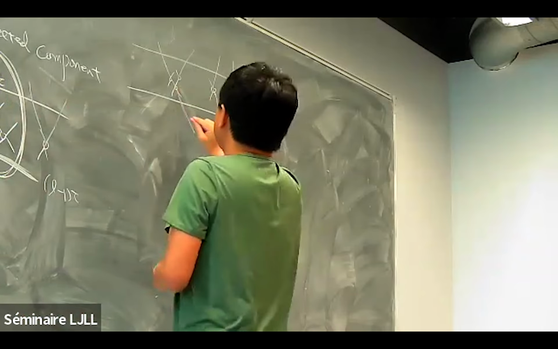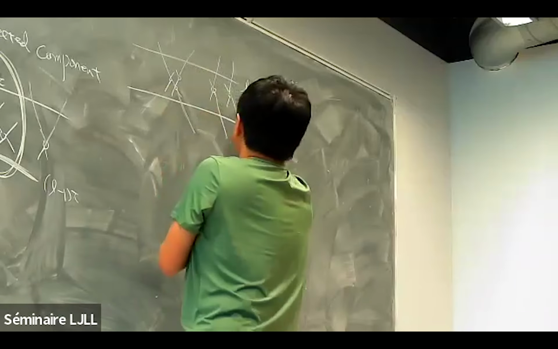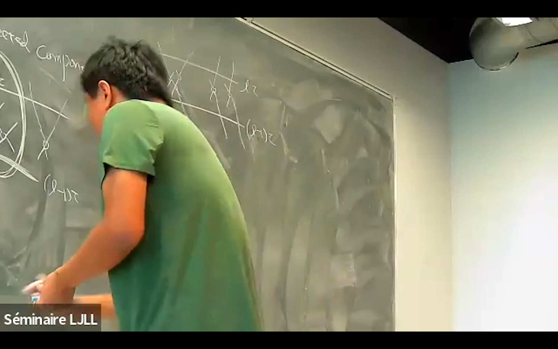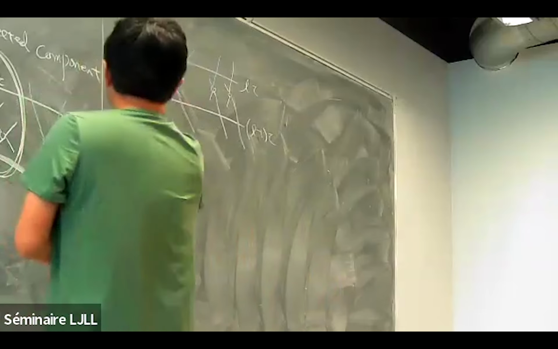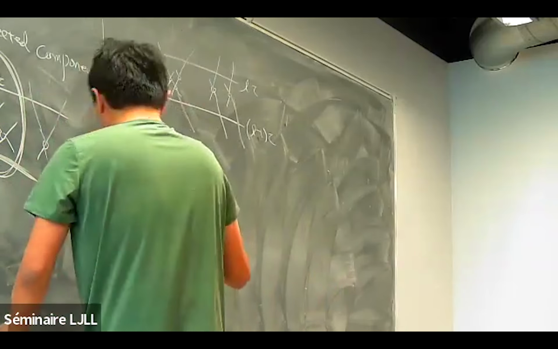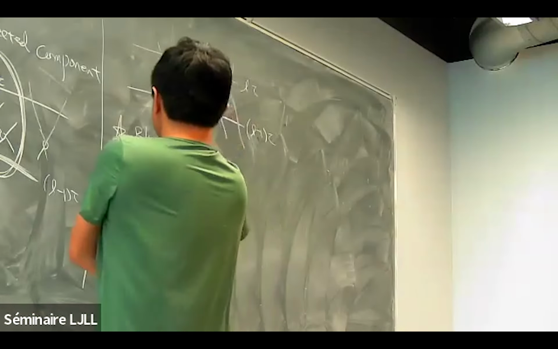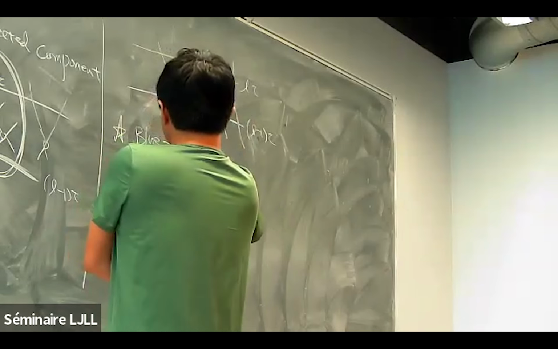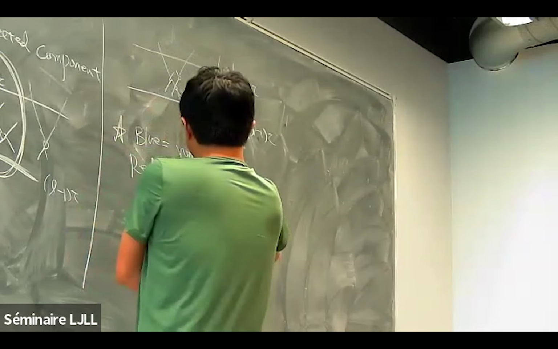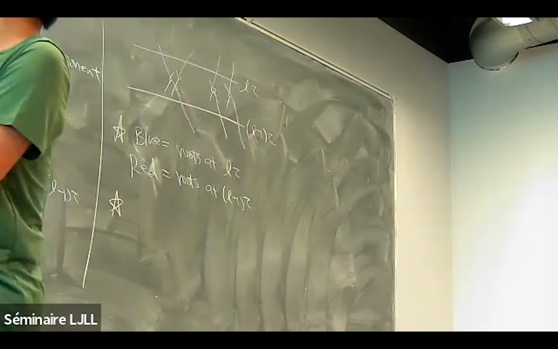Maybe these are not red, and these are red. So the blue equals the roots at L tau, red equals roots at L-1 tau, and then the condition we just described